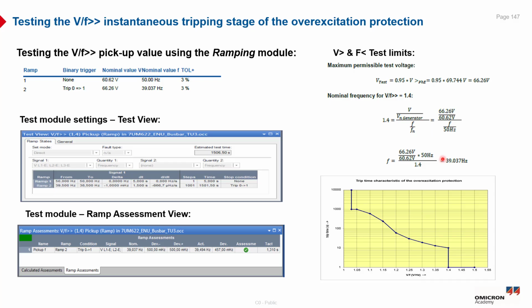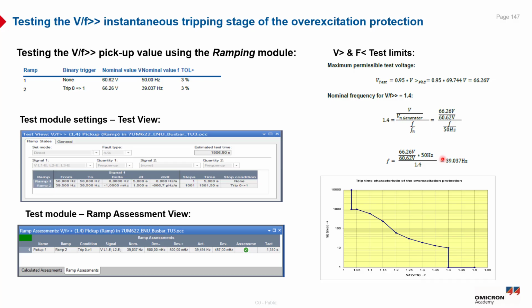Since the V over F ratio is the primary parameter of this test, the voltage is set to its maximum and only the frequency is varied. For example, if the overvoltage stage number 1 V greater is 120.8 volts, then the phase voltage used would be divided by root 3, which is about 69.74